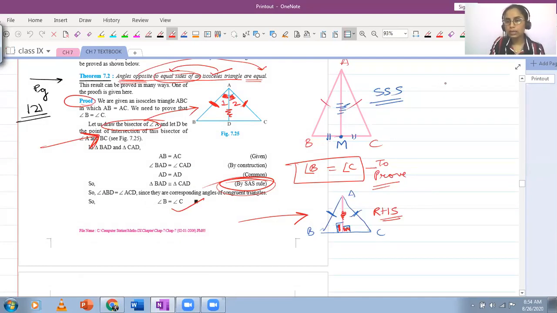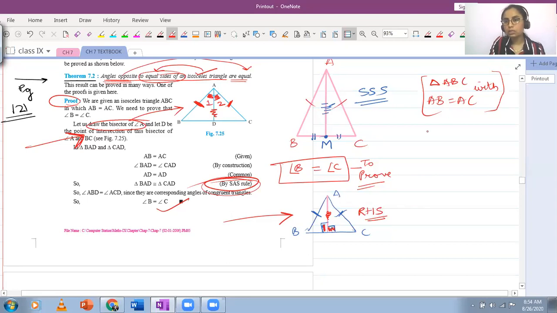So I will just write down in short kind of an overview what this theorem states, theorem 7.2. So we have a triangle ABC and the triangle is isosceles. This means AB is equal to AC. There are two equal sides. So this is what's given to us. And the conclusion that we draw from here, if we have a triangle in which two sides are equal, this actually implies that angle C is equal to angle B. Angle C is opposite to side AB and angle B is opposite to AC. This is what theorem 7.2 suggests.